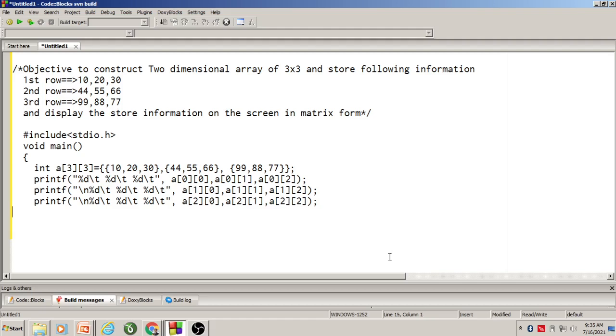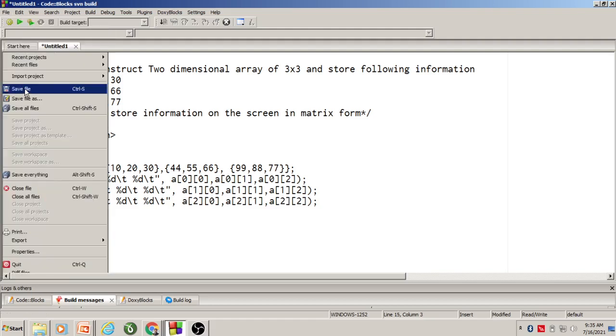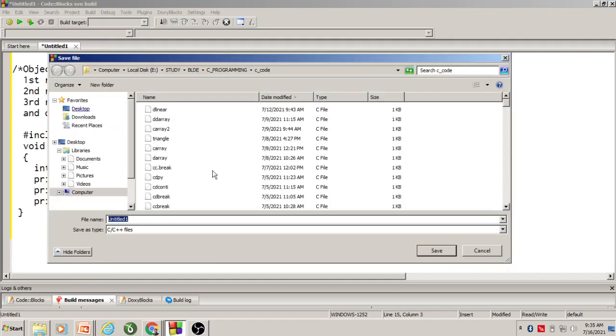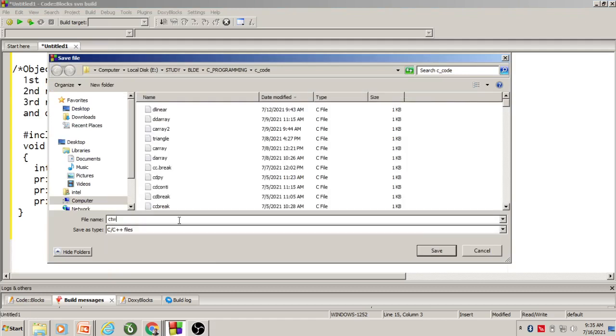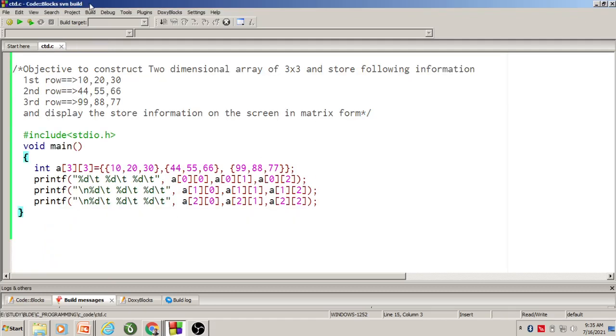Okay, so let me save this code and run it to check whether we get the appropriate result or not. Build.